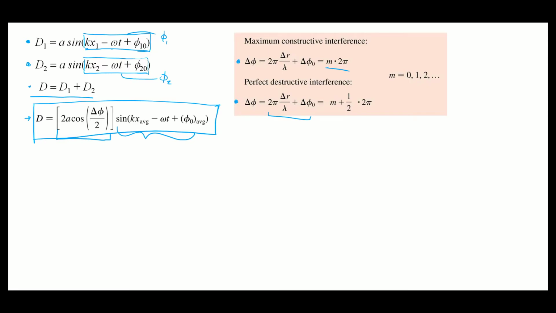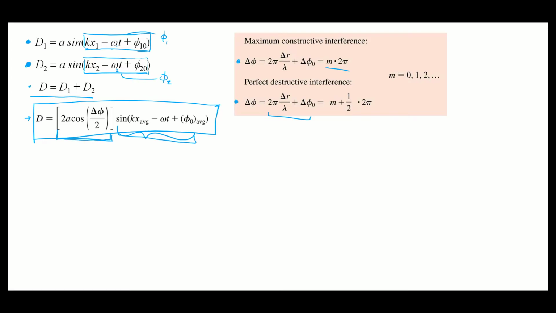So how does that work? Well, they're both going to be described, if we have two sources, let's go back to the speaker example. Let's say we have two speakers in a room playing two notes that are really close to each other, just slightly different frequencies. They're described both by these sine waves, except we're going to have omega 1 and omega 2, because those frequencies are going to be slightly different. And the math, when we add them together, gets us the same result, where we're going to have some sinusoidal wave with an amplitude that depends on the phase difference.